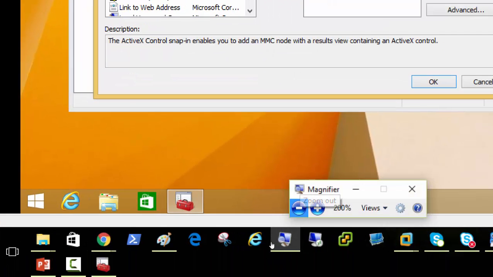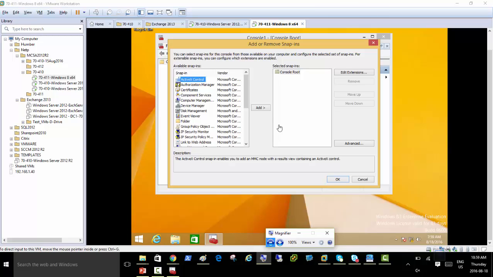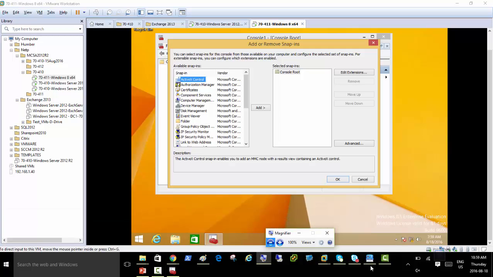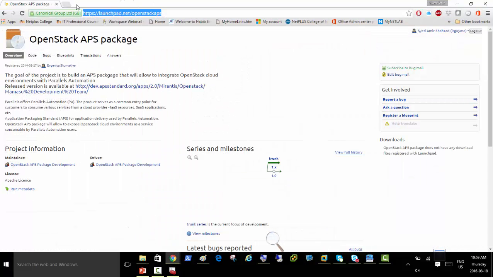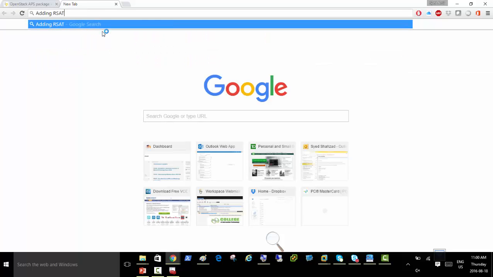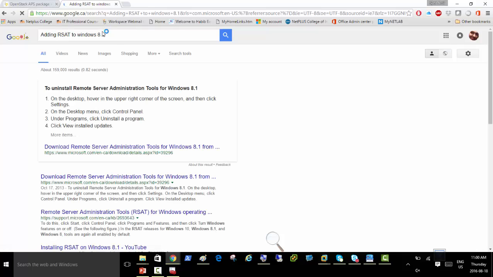RSAT stands for Remote Systems Administration Tools. So I'm gonna quickly go for that, adding RSAT. I'm just seeing what is the quickest way to get RSAT, because we can copy paste anytime,